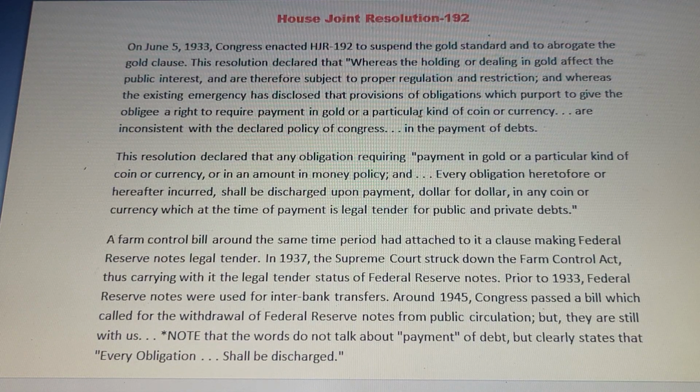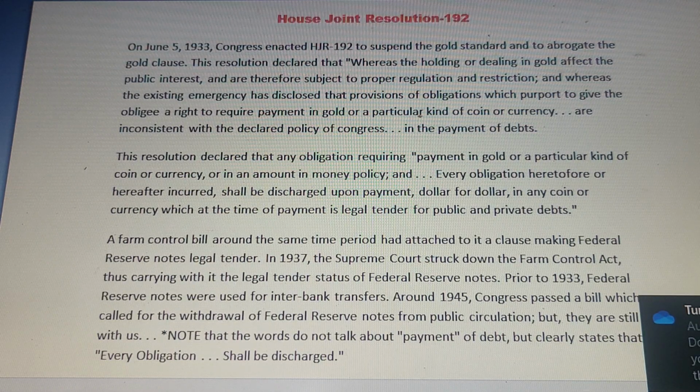This is a reading from House Joint Resolution 192. On June 5th, 1933, Congress enacted, I'm going to just read it how it is, House Joint Resolution 192 to suspend the gold standard and to abrogate the gold clause. This resolution declared that whereas the holding or dealing in gold affect the public interest and